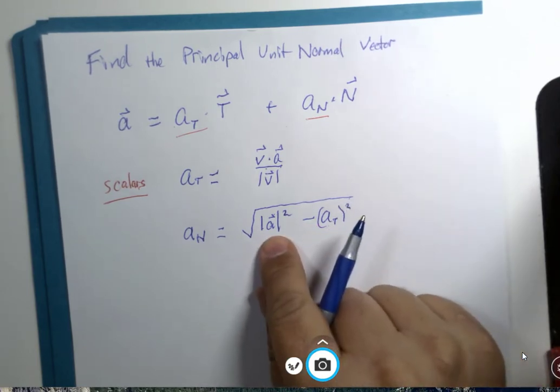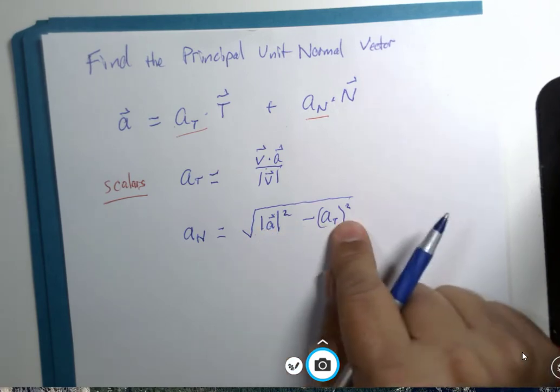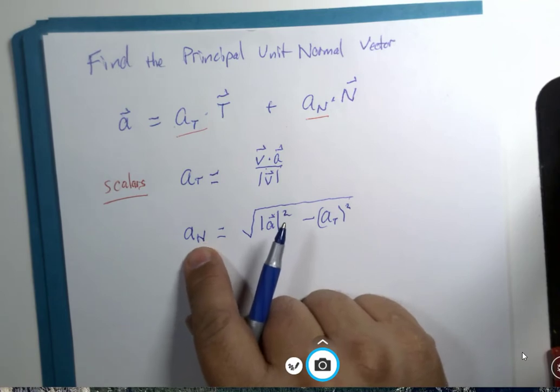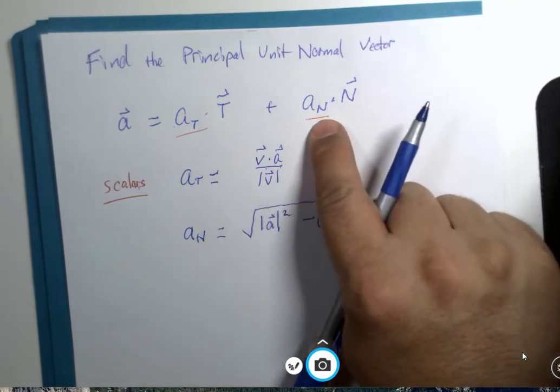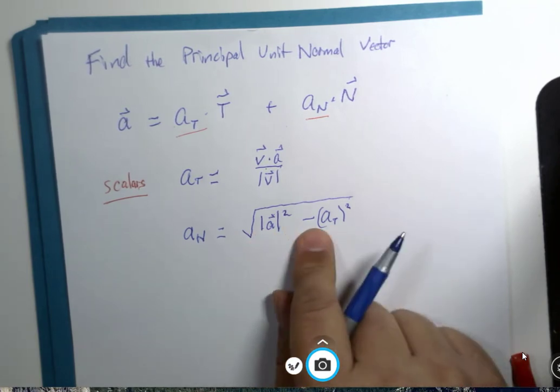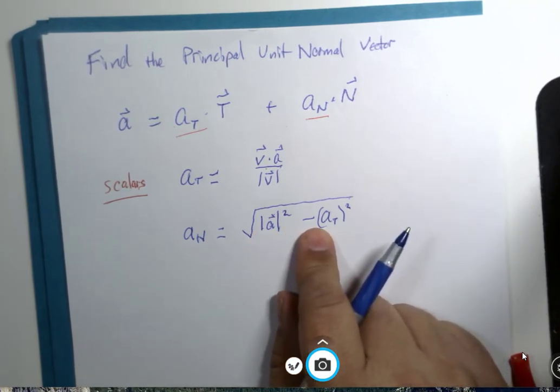This, remember, when you take a magnitude you get a scalar value, it's not a vector. The difference of these squares and then the root of that is actually going to calculate for you this other missing scalar here. Once again, I sadly won't have a proof for this in the near foreseeable future,